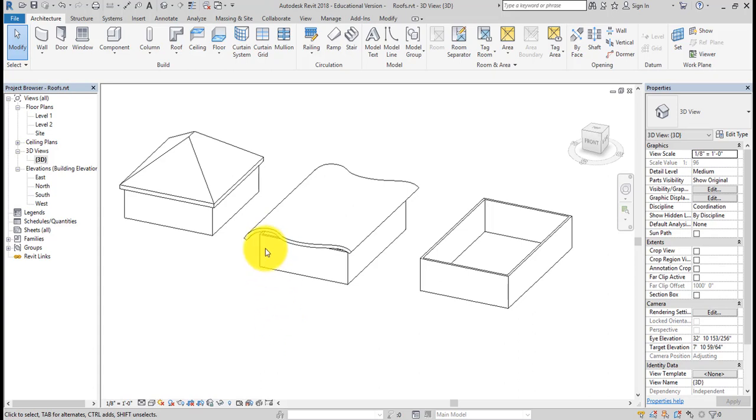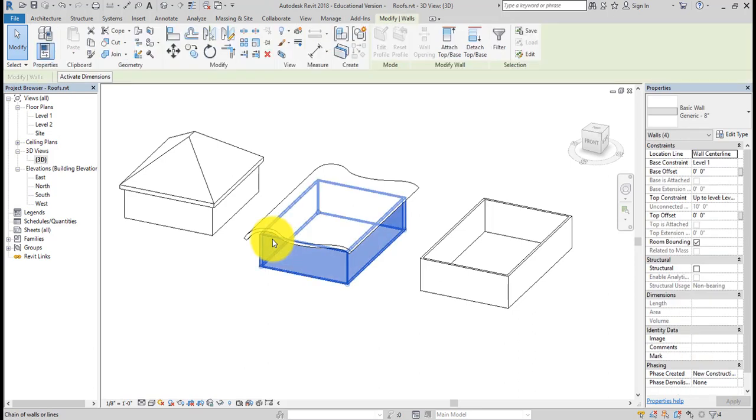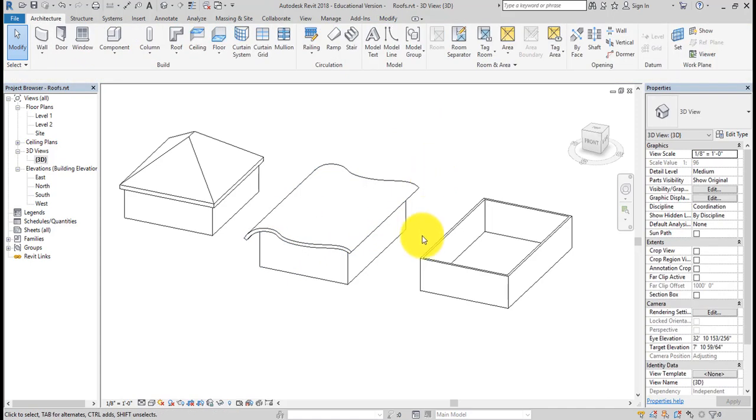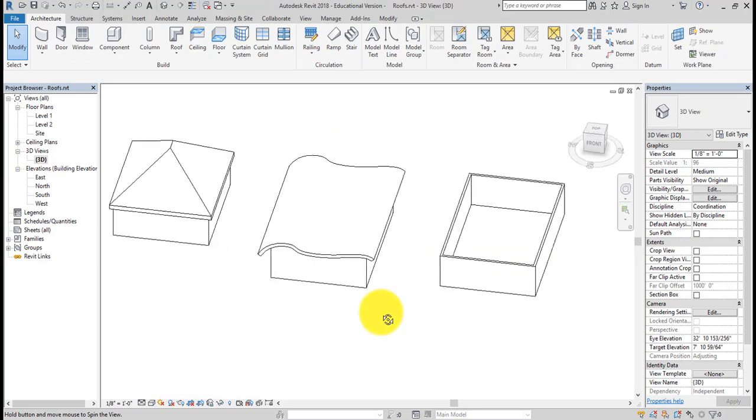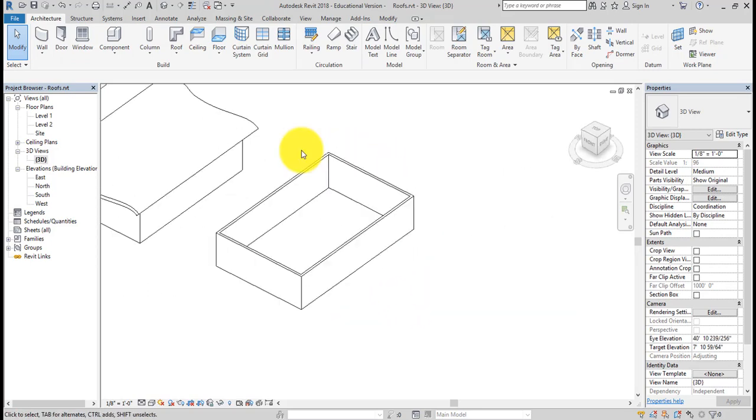When you rest your pointer on a wall and press and let go of the tab key, and then click so that you can select all of your walls, pick attach top base, and then pick the roof, and that should then attach all of your walls to that roof by extrusion. So let's take a look at a flat roof,